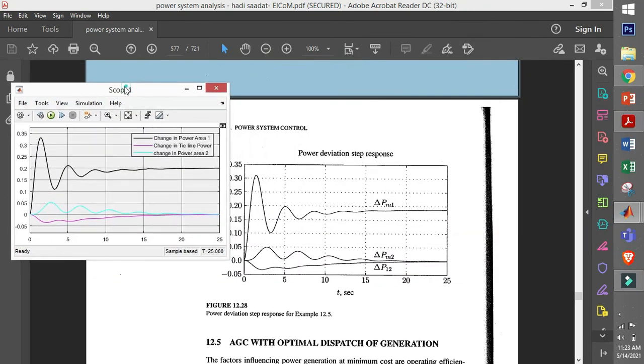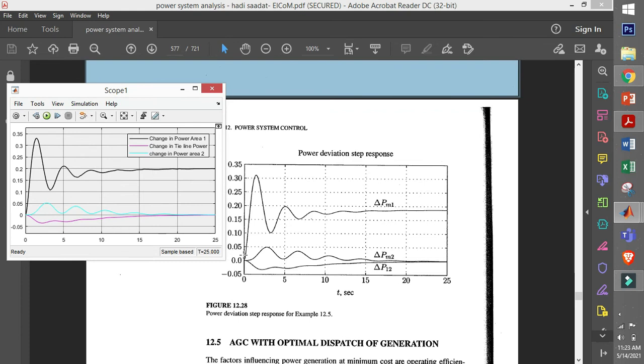What this curve is telling is that when the load increased in area 1, area 1 increased its power by del P1 to supply that 20% increased load. This sky blue line is the change in power of area 2. So the area 2 power increased, but finally it settled again to 0. Means area 2 is finally not supplying any power to area 1. For some time it is supplying, but finally it is not.